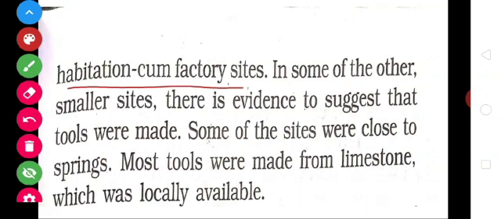Yes, that's all children. Your lesson is over. In this chapter, we saw about the earliest people. They were hunter gatherers, and they hunted animals and collected their food. They were in search of food from different places, and they moved from one place to another. And then the uses of tools also. Stone tools were used to cut meat and bone, and they were making stone tools also. There were two techniques, no?